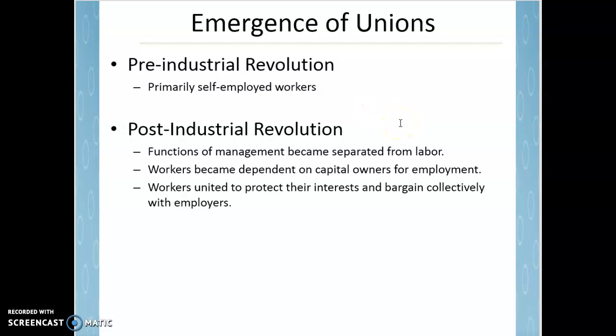But during and after the Industrial Revolution, you start to see this separation of management from labor. Remember, self-employed workers, management and labor are the same thing because you're working for yourself. But with the Industrial Revolution, the managers are part of the company and the labor is another part. And they have to come to some sort of agreement as to what the wage and compensation package is going